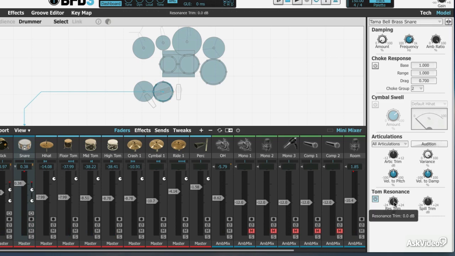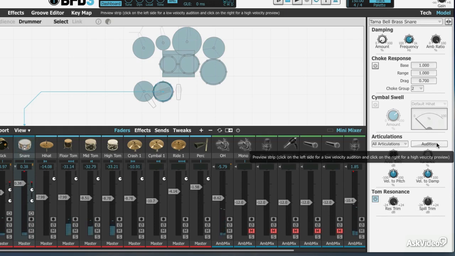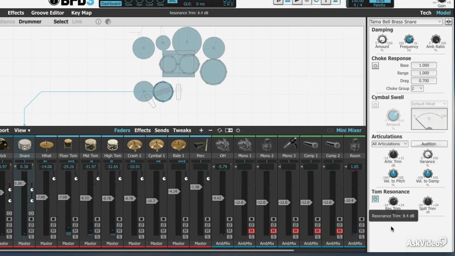Let's raise the trim amount of the resonance so we can really hear what that sounds like. So hear those toms ringing? Some of you are going, wait a minute, I work so hard to make that not happen when I'm recording. I use all this dampening stuff, but it's great because you can really adjust how much of it you want to happen. If you're doing like a punk track that's heavy on the toms and you got these deep, thunderous toms,